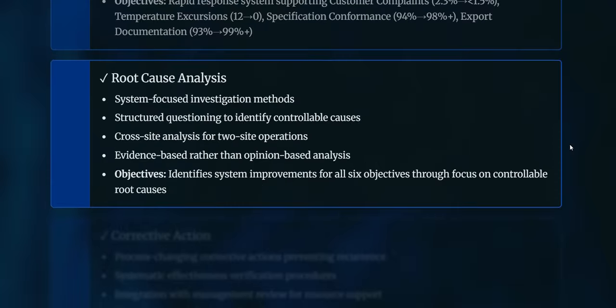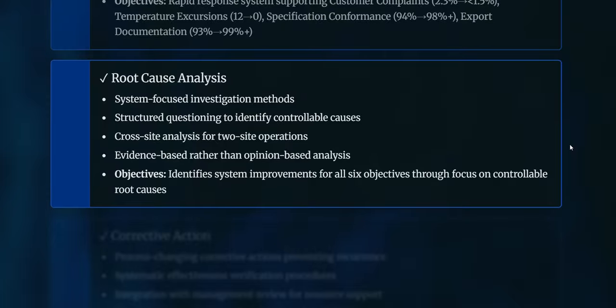The second to check is root cause analysis, which must cover system-focused investigation methods, structured questioning to identify controllable causes, cross-site analysis for two-site operations, and evidence-based rather than opinion-based analysis. The objectives to achieve with root cause analysis include identified system improvement for all objectives through focus on controllable root